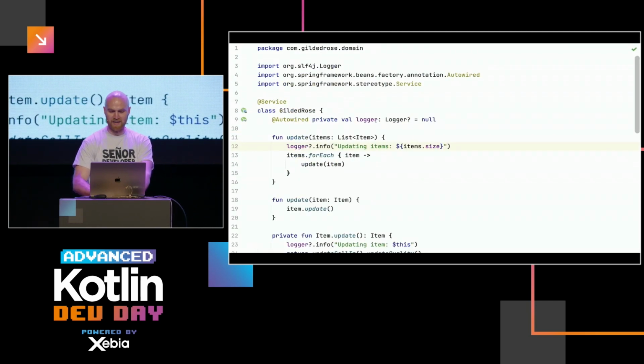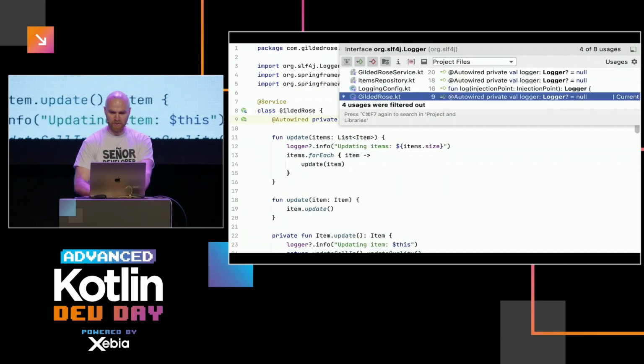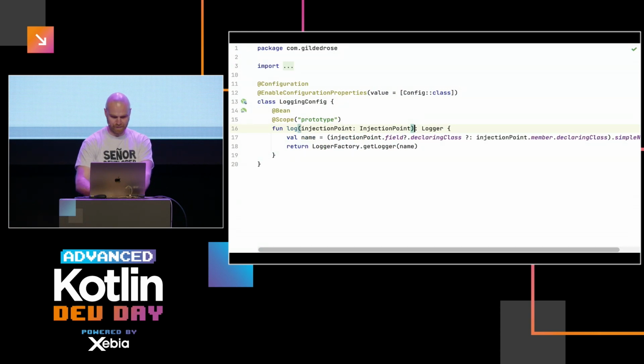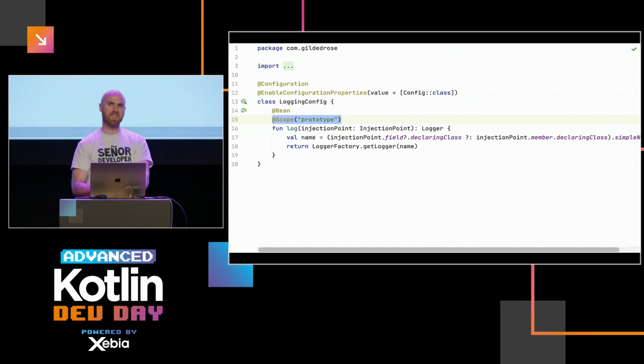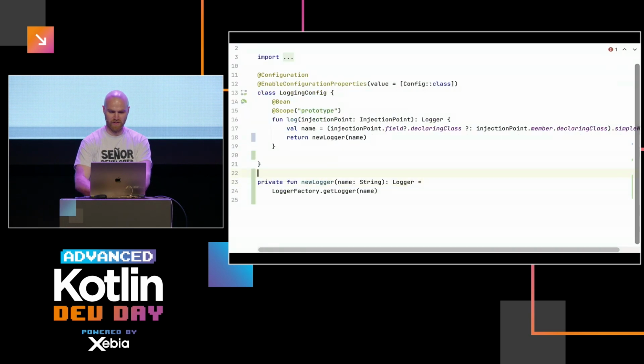So again, to find how it even appears here, I could use the IDE by maybe searching only project files, then on these lines I need to find this one, or I have to use Spring navigation. And essentially what is happening is it takes us to a function which has scope prototype. It means every time we inject this bean, it calls the function and creates a new instance of that object. But ultimately, it's just doing this, right? This could be a function which calls new logger, takes a name, which is a string, and returns us SLF4J Logger. That's what it is.